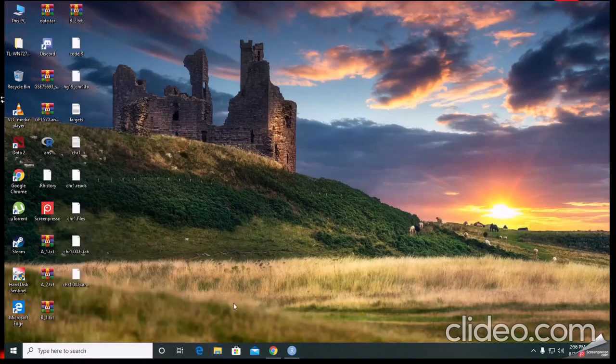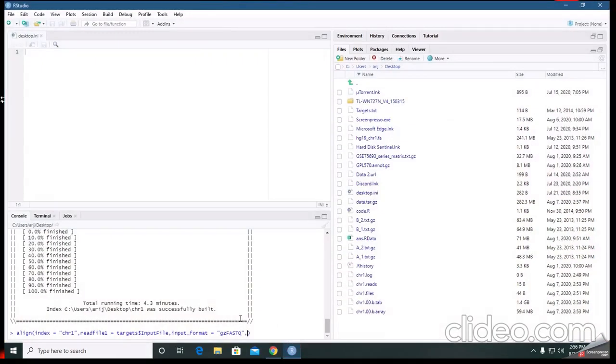Okay, but we want to take FASTQ, which is the sequencing reads format, as our input format.